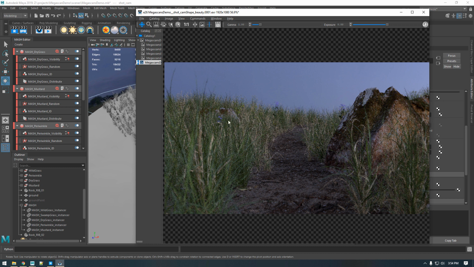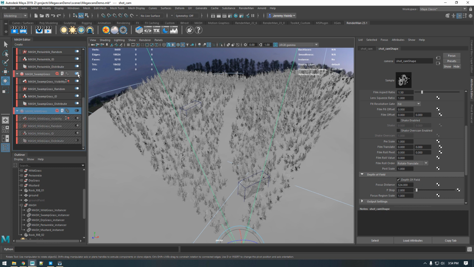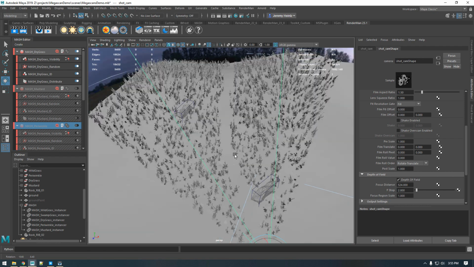And really, in real life, you see more patches of dry grass, and it's not so evenly distributed throughout the green grass. So what I'd like to do is, part of the visibility mask, I want to multiply over just a fractal that will give it some areas of dry grass instead of all throughout. So if I turn off the other grasses to get a better visual of this, and we look at just the dry grass, we can see it's